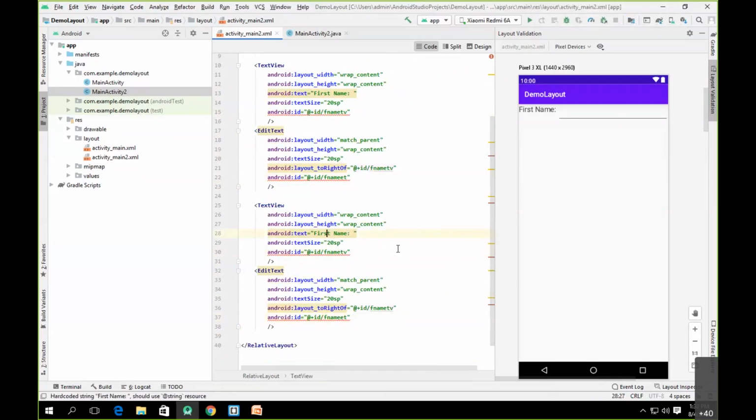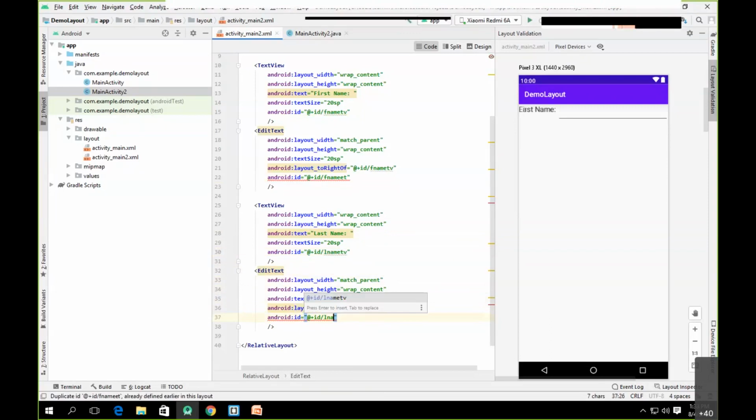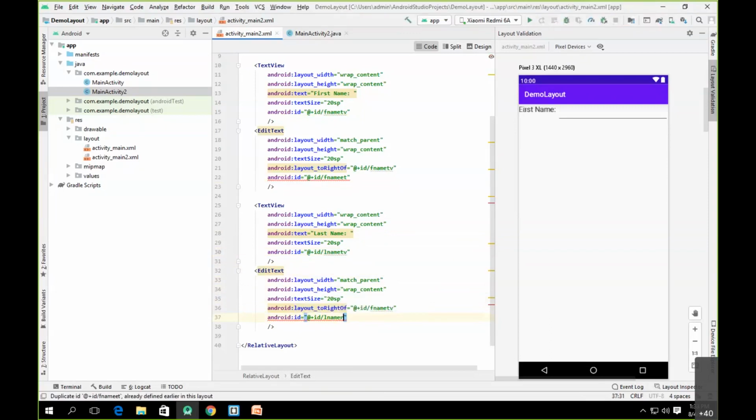So let's say here we'll name it as last name, and the ID here I should give as lname TV, that is last name text view. And for the edit text, I'll again call it lname ET, that is the last name edit text.